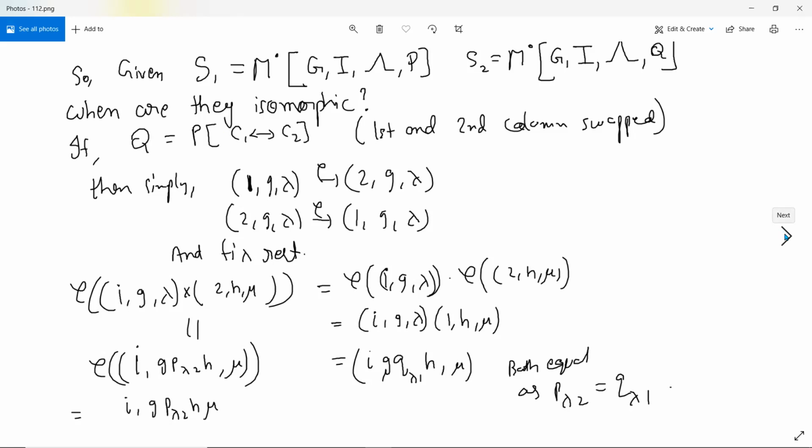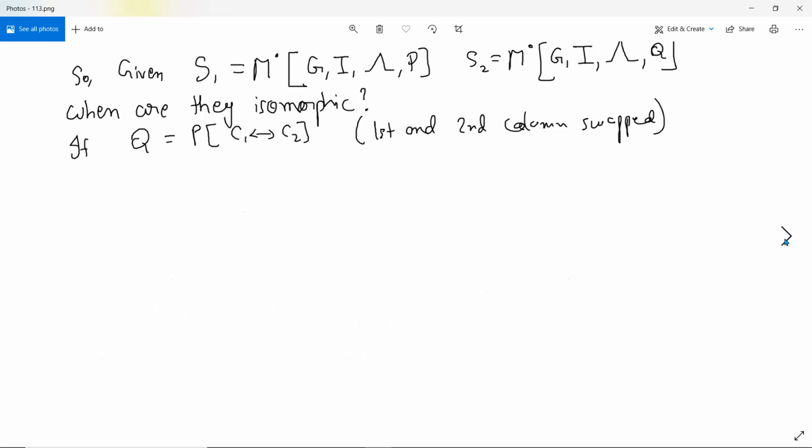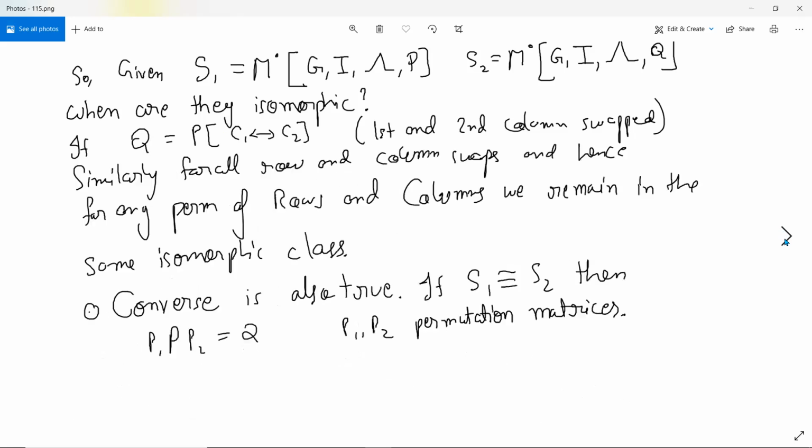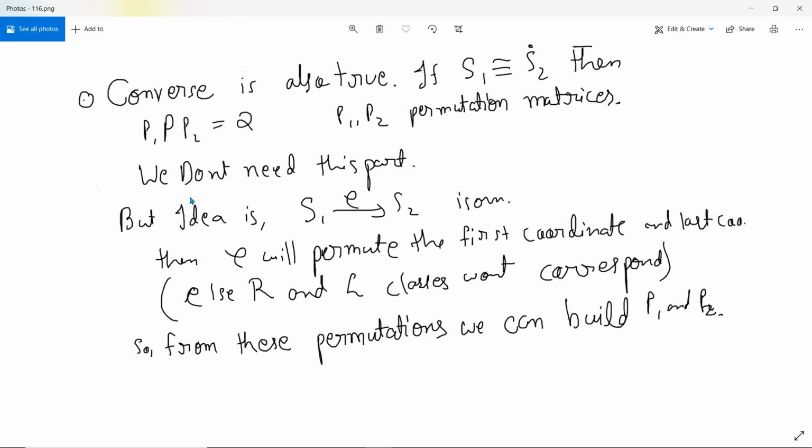Right, because any permutation you can get by transpositions. But the converse is also true, but I do not think we need it. Yeah, you can do the same thing. The converse is also true, meaning that if they are isomorphic, then the matrix Q is gotten from a permutation of P. Okay. Now this is not needed for us, but if you really think about this,